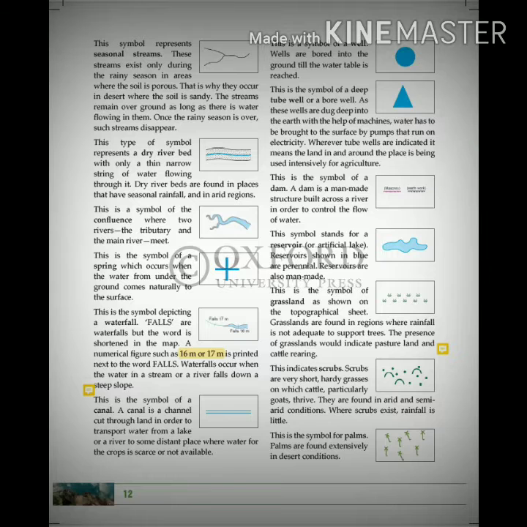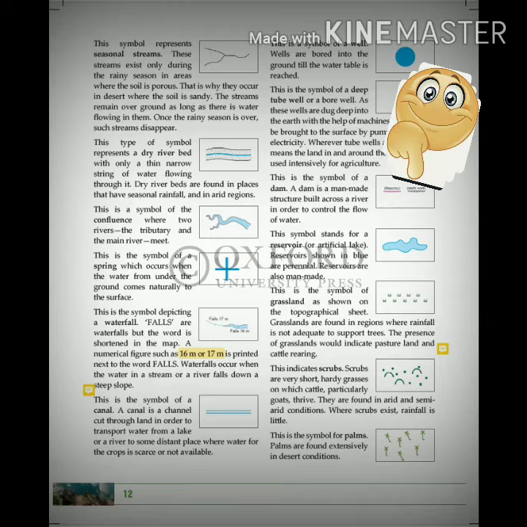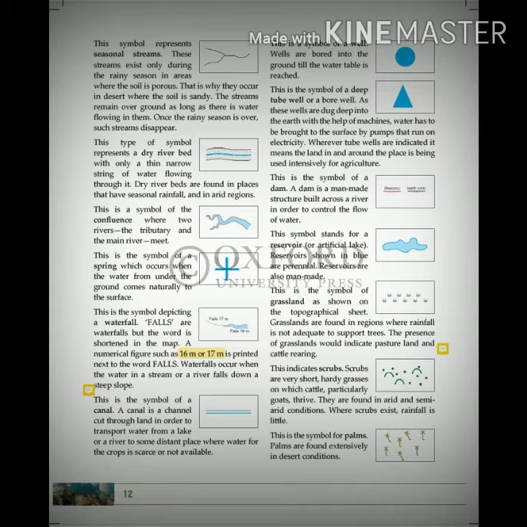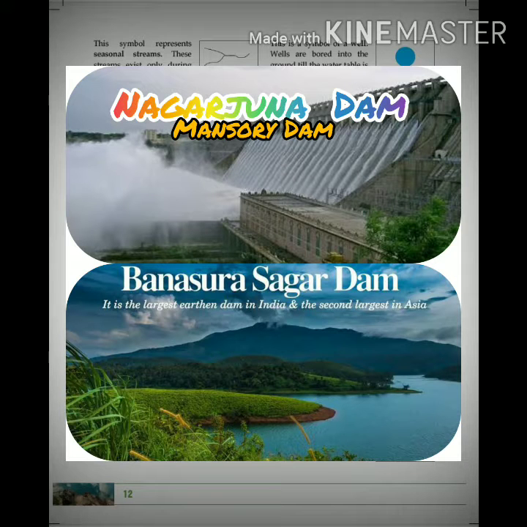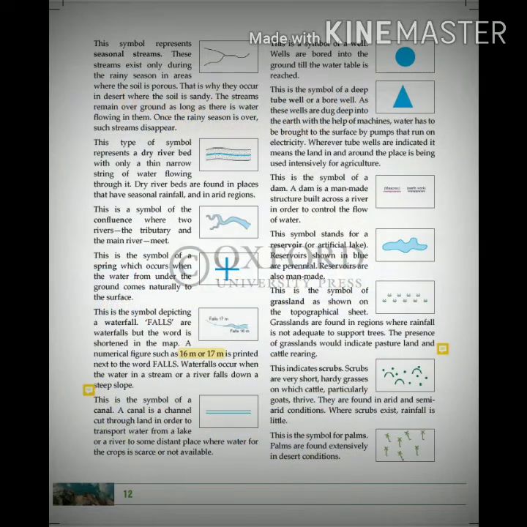The next symbol is of a dam. A dam is a man-made structure built across a river in order to control the flow of water. Dams are of two types: masonry or earthen dams. Masonry means generally a high durable form of construction, and earthen dams are made of soil, rock, clay, etc. Reservoir.